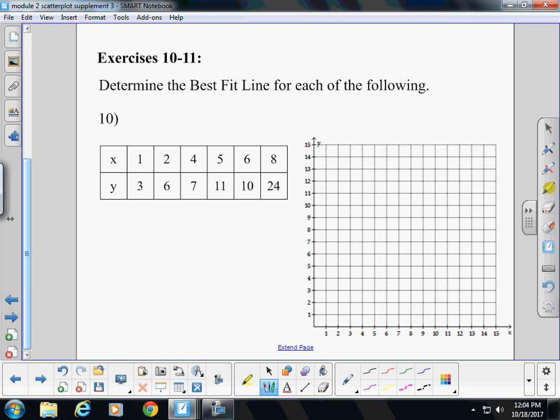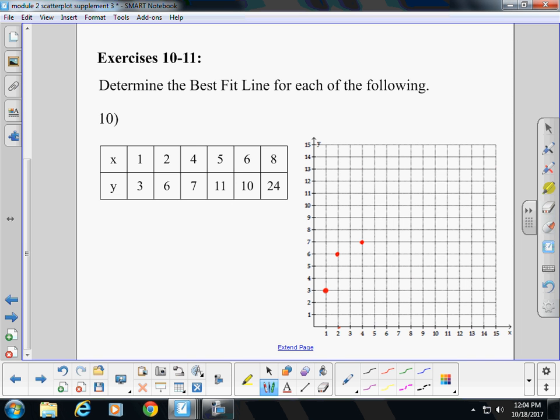So while I'm plotting my points, you need to plot your points on your scatter plot as well. A lot of today's lesson needs to be interactive, meaning you're doing it while I'm doing it. So that was my point 1, 3. Remember, x is first, y is second. So that means I go over 1, up 3, over 2, up 6, over 4, up 7,